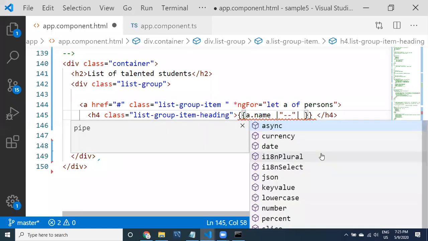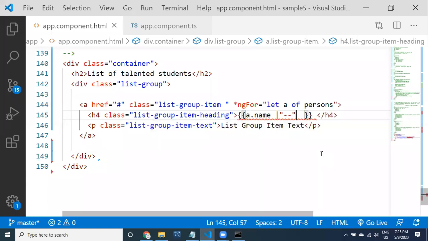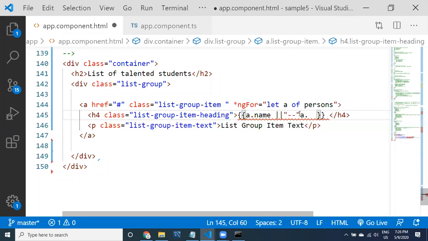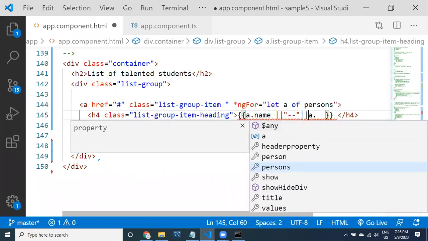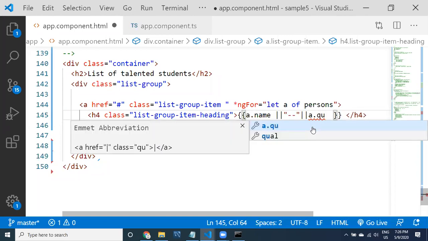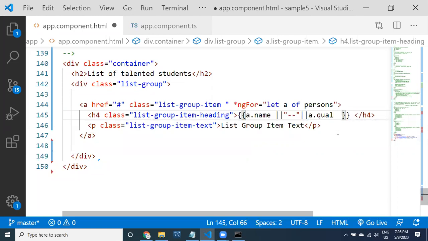I think it's not available. Yeah, see here guys, you can provide a double pipe in the same interpolation to combine expressions. Here provide double pipe and a dot qualification. I want to print like this.